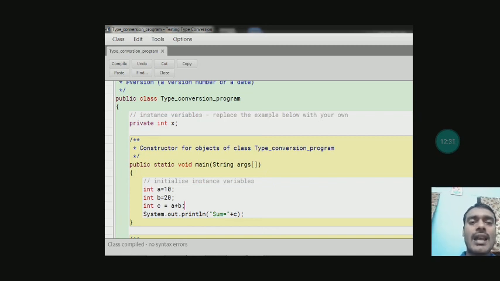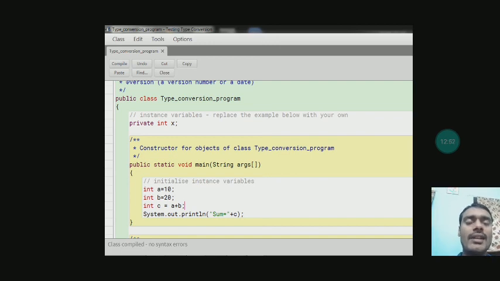The result of adding a and b will be stored in the variable c, and I am going to print that result. So I have written System.out.println("sum equals " + c). That value will be printed in Java. What will be the result? Its result will be 30.